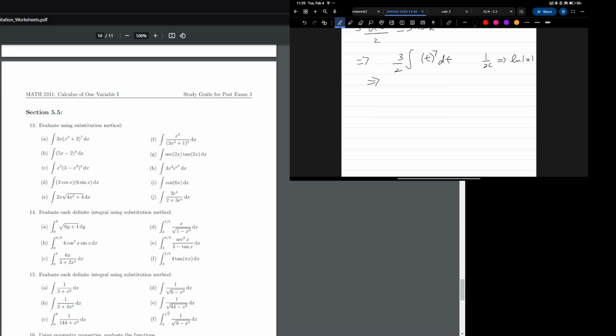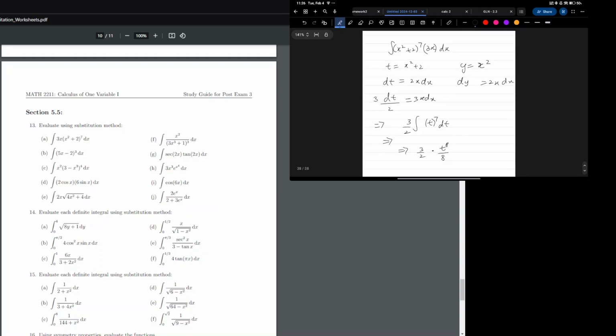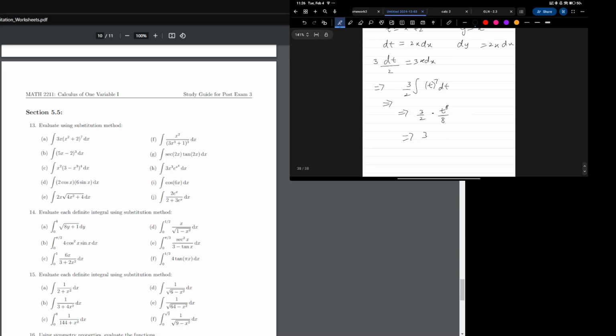So now over here, what's the antiderivative of t to the power 7? Can I get some answers in the chat, or somebody wants to speak up? T to the power 8 over 8. Perfect. So this becomes 3 over 2 times t to the power 8 over 8. But let's remember that I had to replace this. My original question was in the x variable, so I have to replace the t with the value that we assumed it to be. So this becomes 3 over 2 times